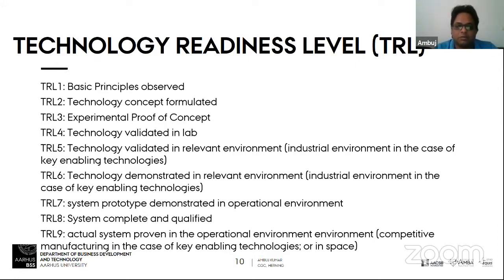And again, 7, 8, 9 are basically for innovation actions, or maybe 8 or 9, but 5 to 7 or 4 to 7 are basically RIA actions, and 1, 2, 3 are basically research actions. So this is how your TRL works. Based on your TRL, you should look for what kind of call there is. In the call, it is clearly mentioned whether it is RIA, research, or innovation actions.